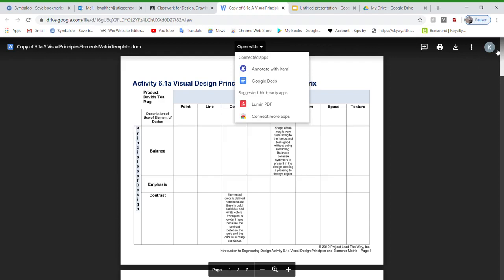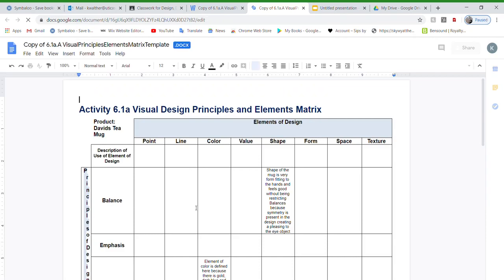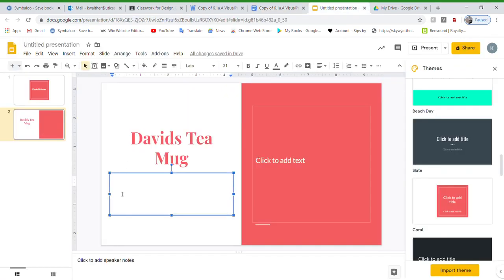I don't know if you saw me, but I clicked on this 3-line box. If that's what you're getting to, guys, just click on it. It will open in a new window, and then you can go to the Google Docs. Okay? So, from here, I have shape. Okay? So, I'm going to go to